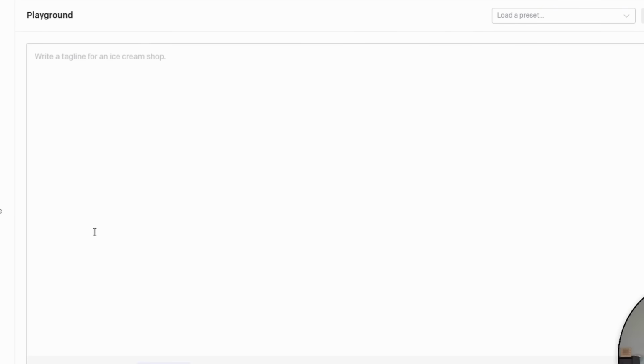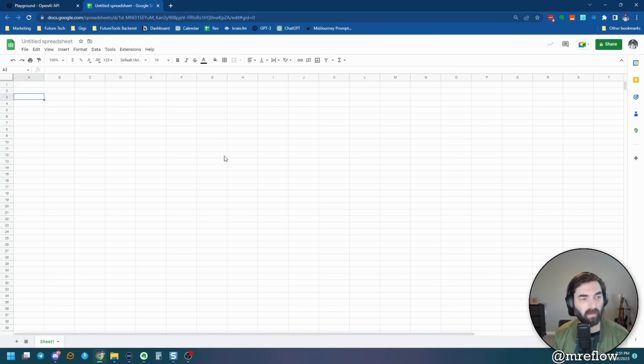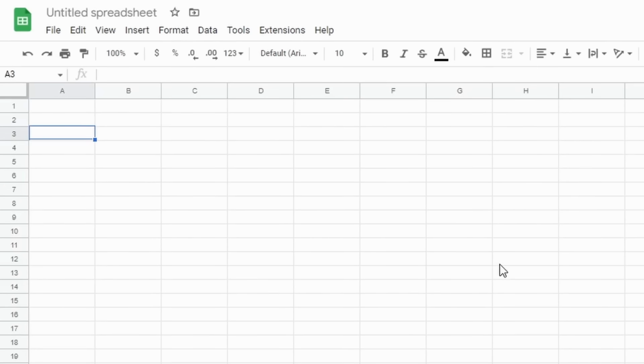Do you know it can write Google Sheets formulas for you as well? Here's one. Write a Google Sheets formula that scrapes the title from the website in column A. So let's go ahead and do that. And it'll give me a little formula here. So let's go ahead and copy this formula and test it out and see if it works. So let's go down to the third row here and I'll put in,